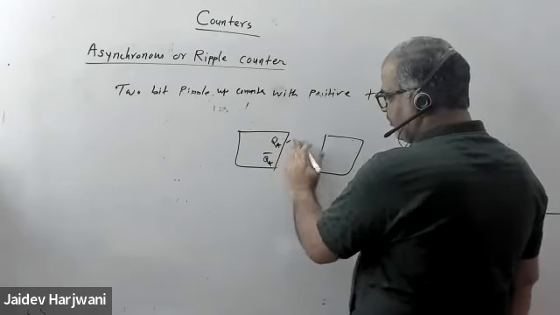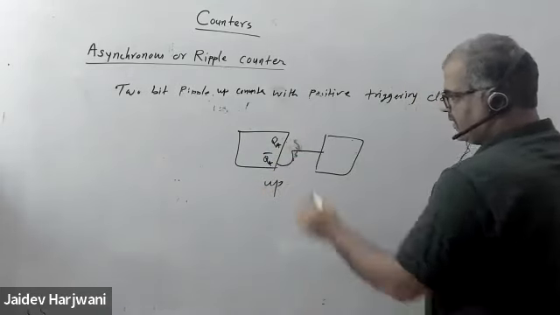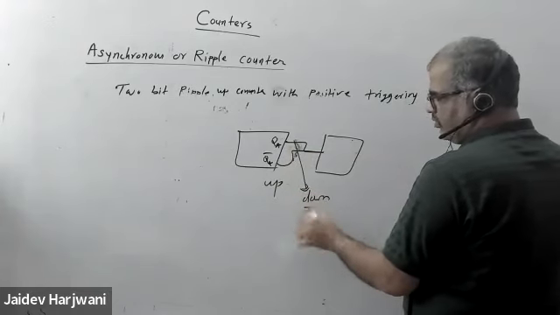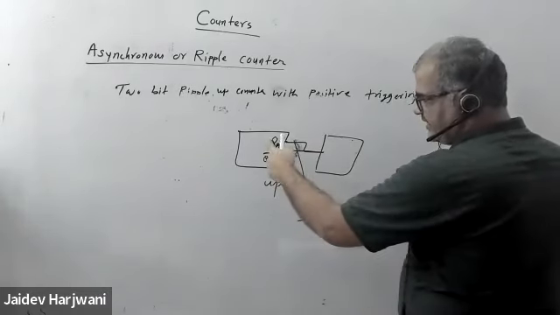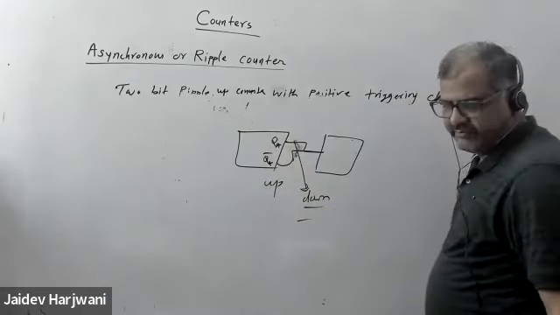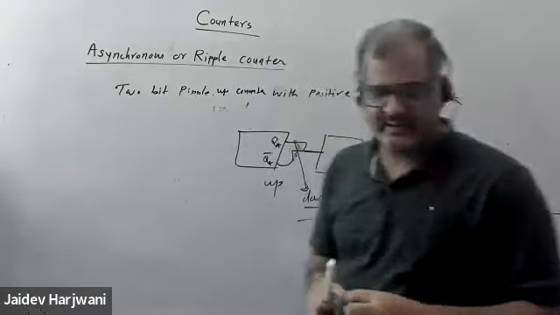अब उसमें क्या था, ये रिपल अप काउंटर है, रिपल अप काउंटर में ये यहाँ जा रहा है, और डाउन में ये वाला यहाँ जा रहा है। पहले जब हमने किया था, अप में ये जा रहा था, डाउन में ये जा रहा था ना। ठीक है, अब उल्टा है, पॉजिटिव ट्रिगरिंग में उसका रिवर्स है, ओके सर।